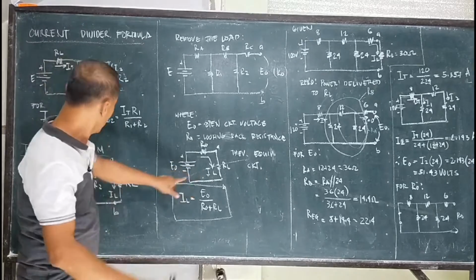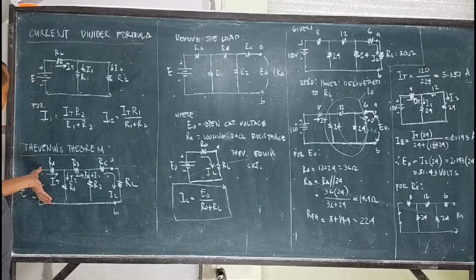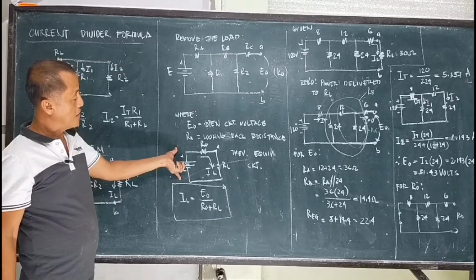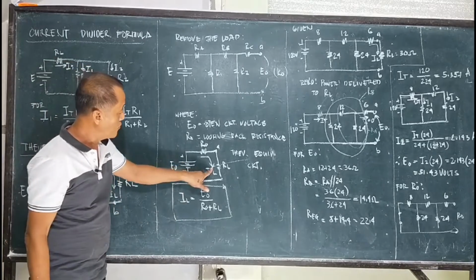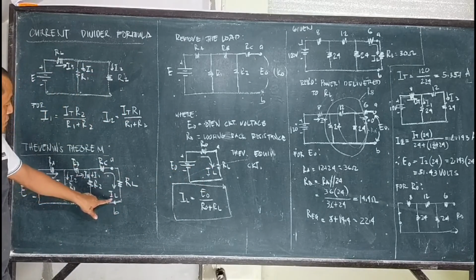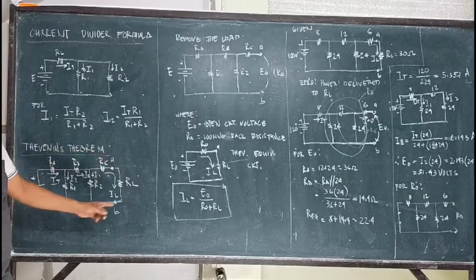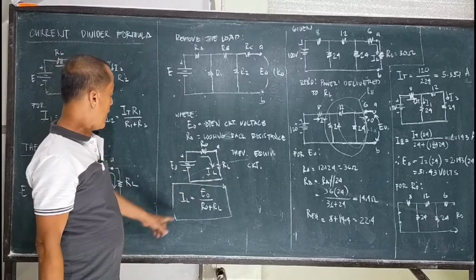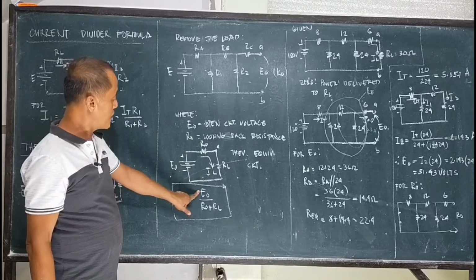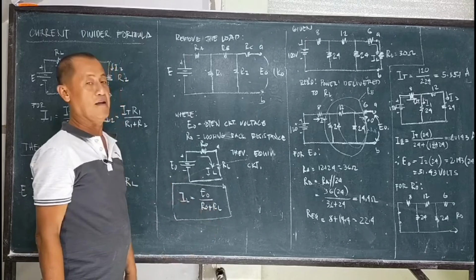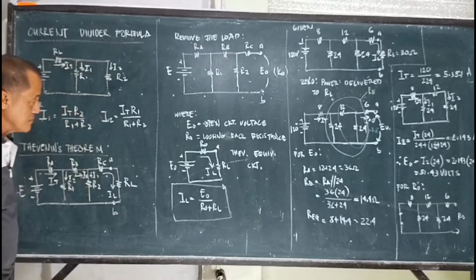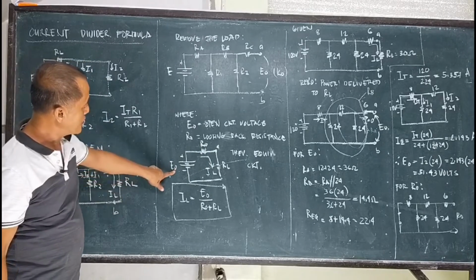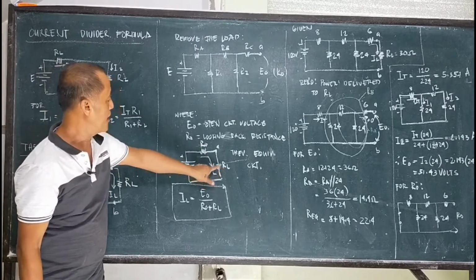So, ulitin ko, itong circuit na ito can be replaced with the Thevenin's equivalent circuit. Yung I sub L na ma-obtain dito is the same IL obtained from this complicated network. So, it is a simple Ohm's law. I sub L is equal to E sub O, or the open circuit voltage, divided by R sub O plus R sub L. Okay? So, ito na ngayon yung kanyang equivalent. Kalimutan na natin yan. Pag nakuha natin si E sub O, R sub O, ibalik natin si RL, and this is now